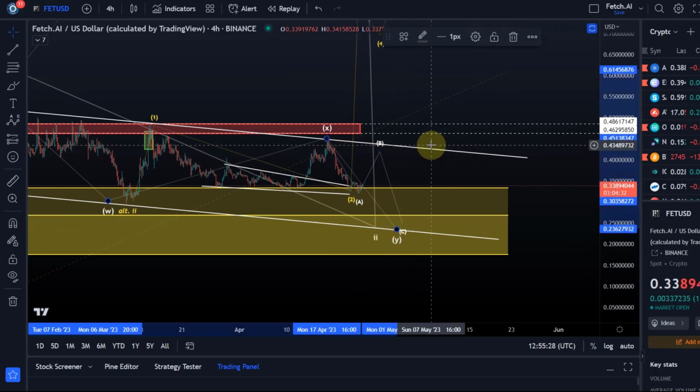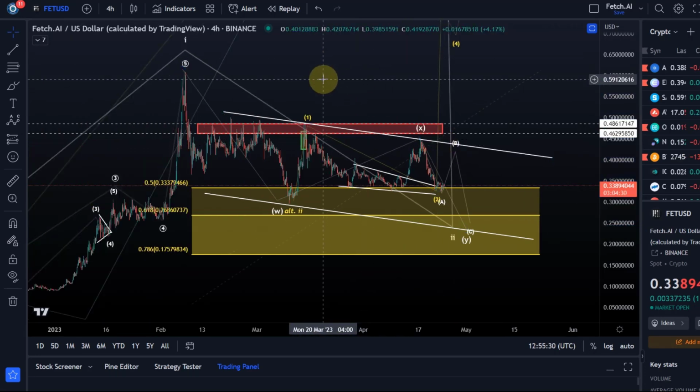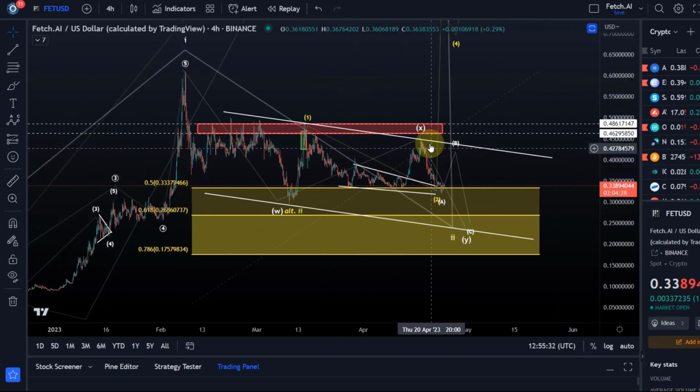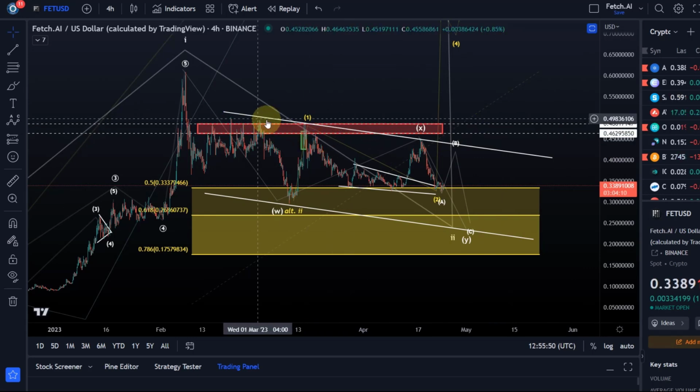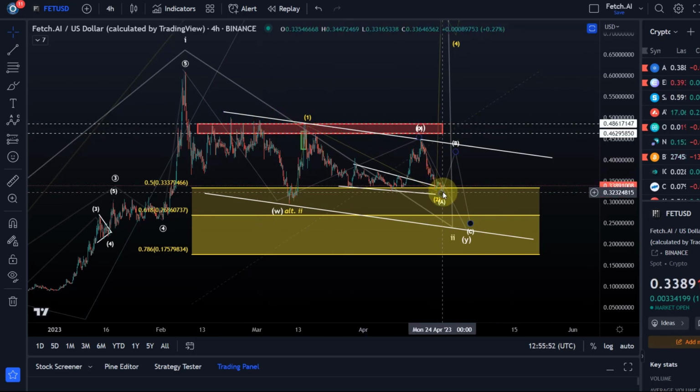That's certainly something I'm observing at the moment. That's something I'm observing on the Bitcoin chart as well, this ABC structure. You know what I'm talking about when you've been watching my Bitcoin Ethereum videos. But currently I have no evidence that this downtrend is complete. In fact, looking at this upper trend line there, this descending trend line, and the red resistance, which is between 46.2 and 48.6 cents, I'd rather say that we have absolutely no evidence that this correction is over